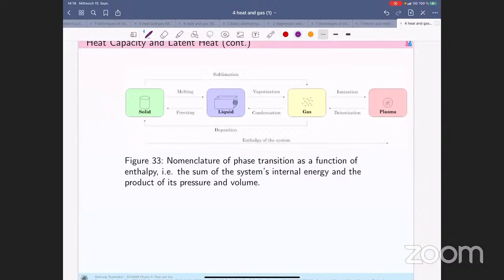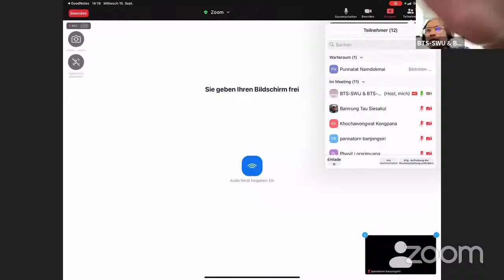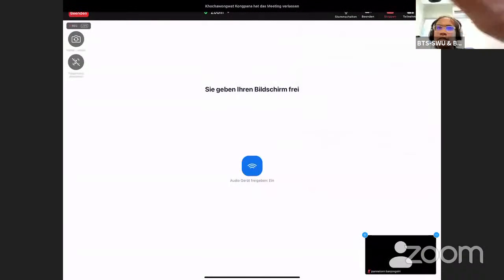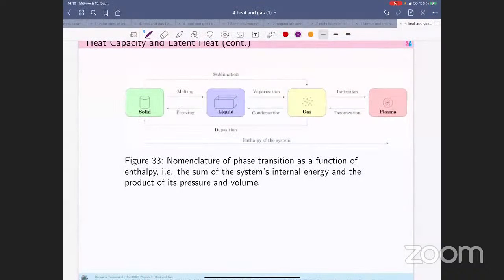After that, if you put more energy into the substance, it's going to stay in the gas form. It's called vaporization, because you need to put energy into it. And if you want to go beyond the gas, you have to put more energy into the gas to get plasma, and this process is called ionization. The molecule or the atom is disturbed by energy, and the electron